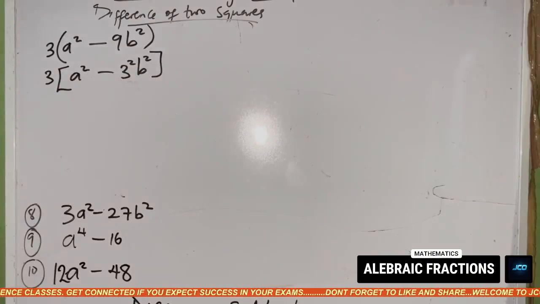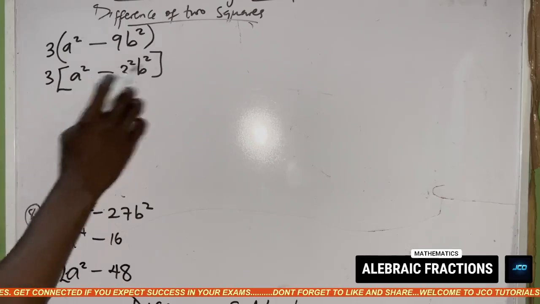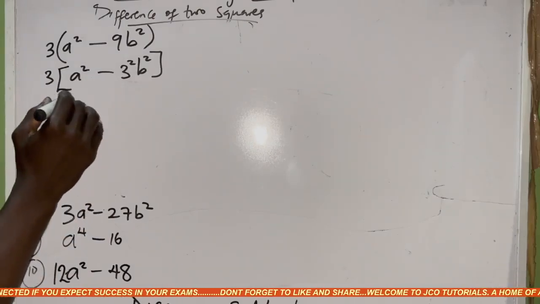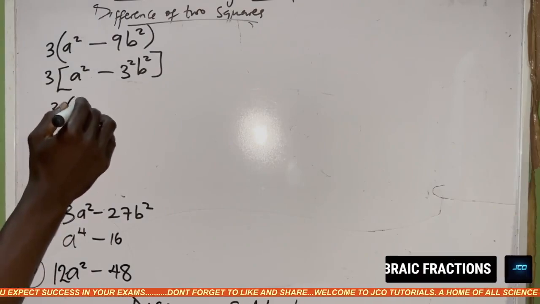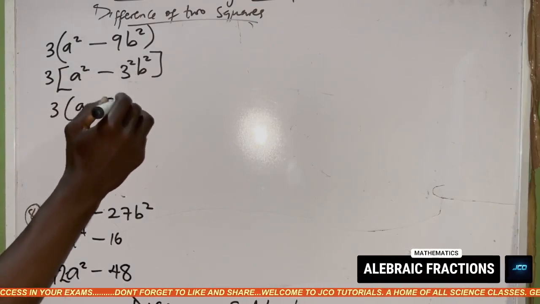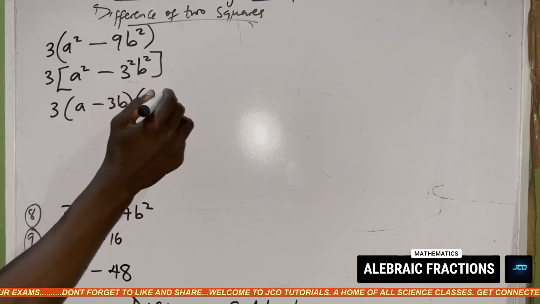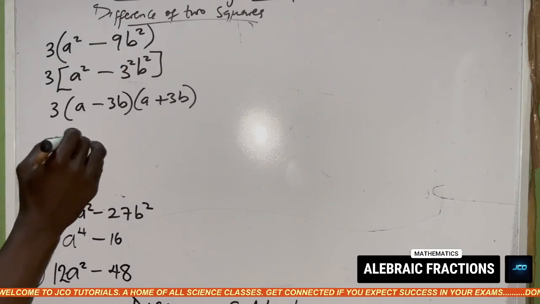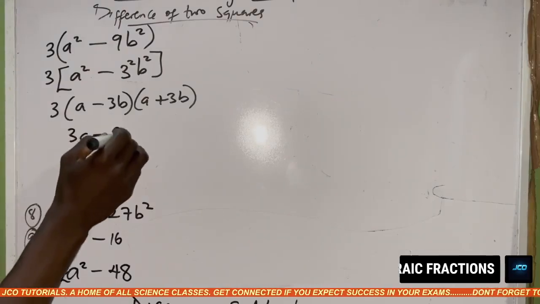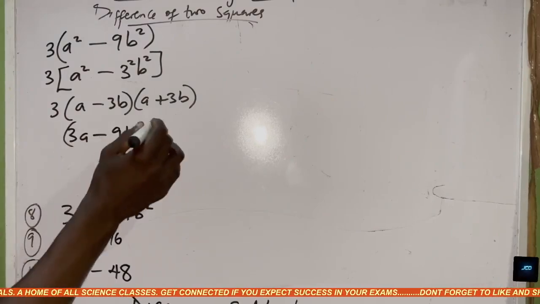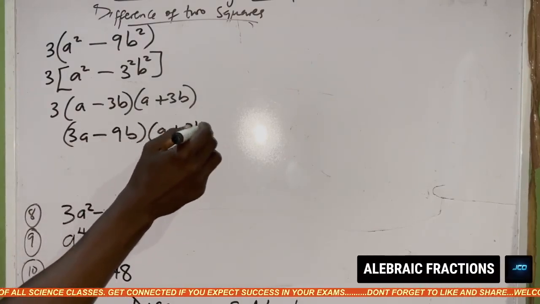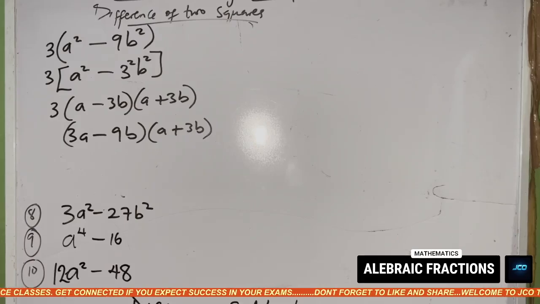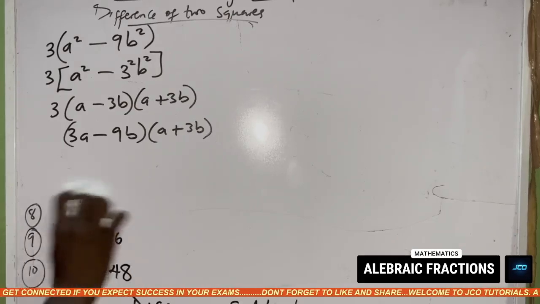So only the guys in the bracket are what? Difference of 2 squares. That's 3. You have a minus 3b and then a plus 3b. That is it. Okay, you can leave your answer like this, or you simply put 3a minus 9b, then a plus 3b. Whichever the case may be, you are good to go. Then we have number